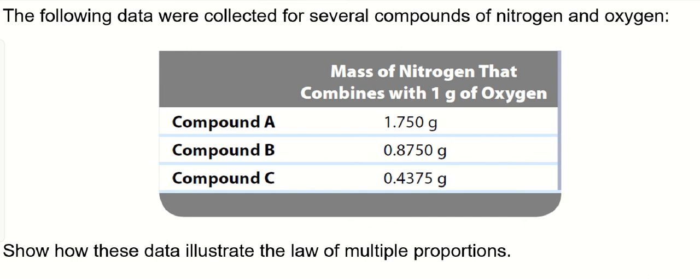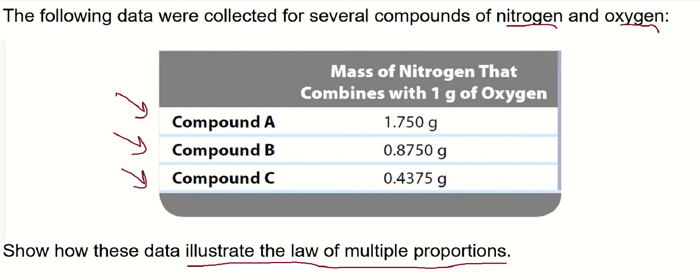So in this problem, you're asked to illustrate or show how this data illustrates the law of multiple proportions, which is Dalton's proposal that when you have two elements that combine to form compounds like A, B, and C in this data table, then the way that they combine in all the various ways that they can combine,